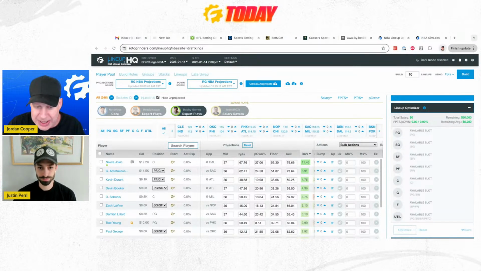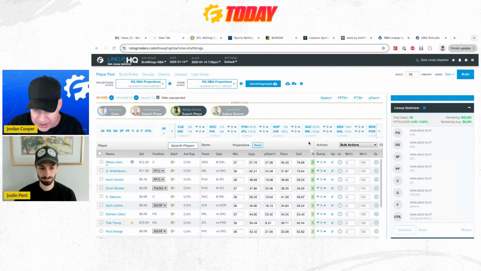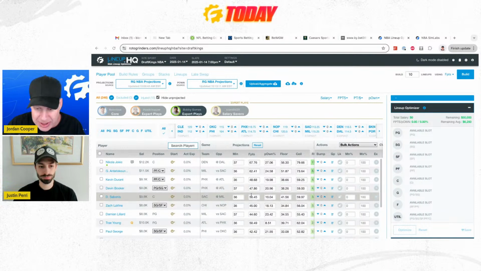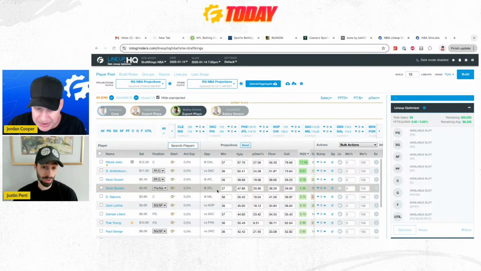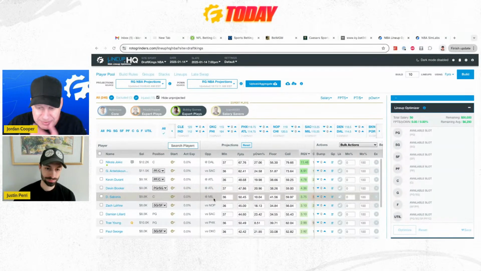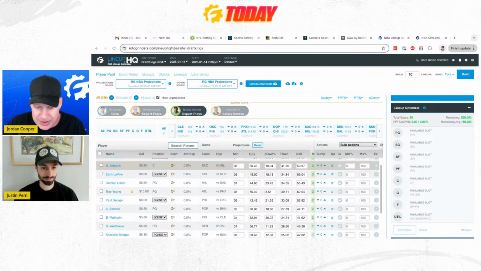With Jokic, we got Giannis, 10.5K. We got Durant, 9,100 at Atlanta, which is one of the big games. Sabonis, 9,800. I'm just sorting by RGV here and seeing that. And if Monk's out, Sabonis becomes so much more volume for him too. It's going to be crazy. It's going to be a really interesting slate today, honestly.